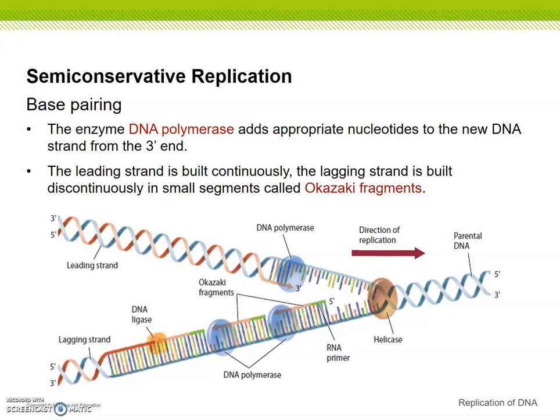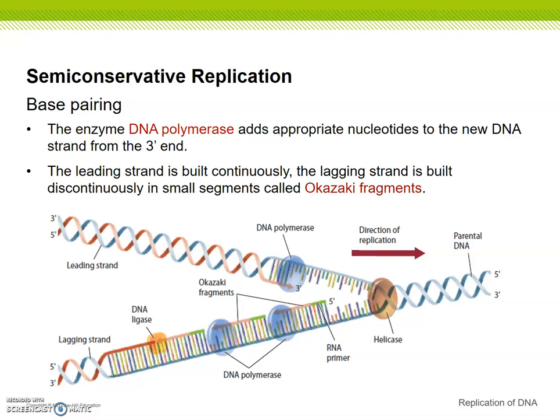While it is unwound, there's an enzyme called DNA polymerase that adds the appropriate nucleotides to the new DNA strand starting from the 3' end. So what this does, DNA polymerase attaches to the unzipped strand, and it goes down the line basically attaching those complementary nucleotides. If you remember from our last lesson, we talked about how adenine always goes with thymine and guanine always goes with cytosine. So whatever it has, it's going to attach the opposite one that it pairs with,